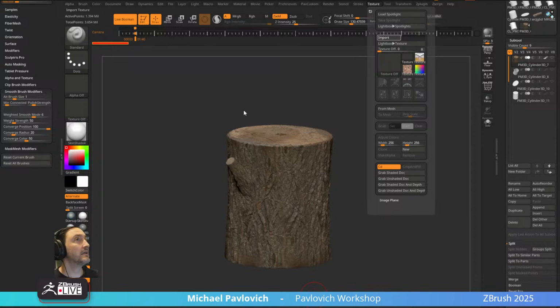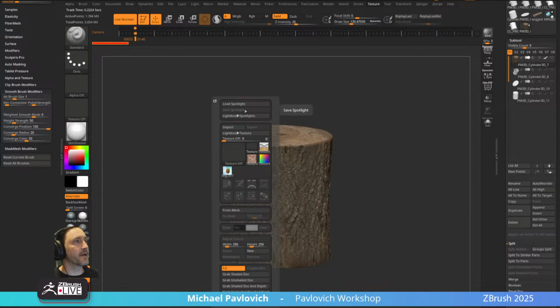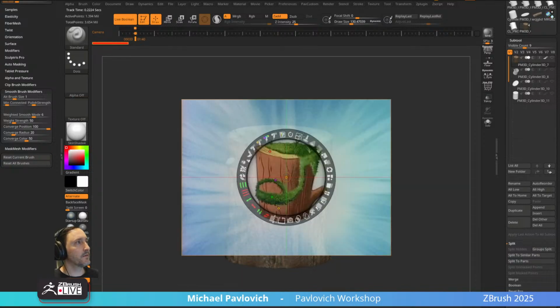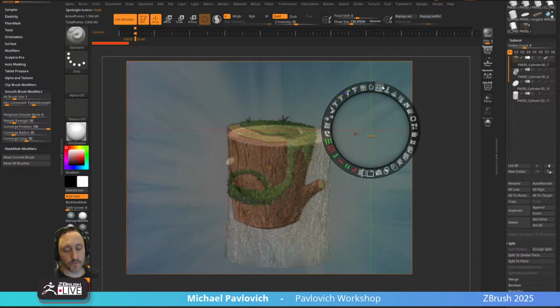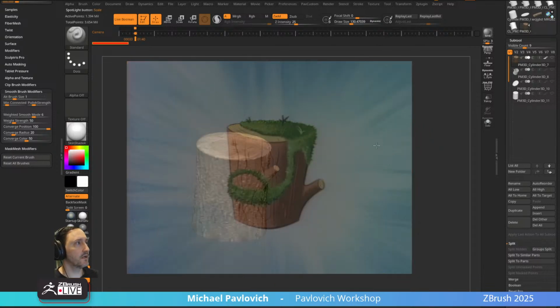Oh, I forgot I'm on this computer. The hard drive sucks. There we go. Add it here, and we'll scale this up, and we'll turn this down, and we're going to rotate this around. And now this one is lower, so we'd have to make a new log for this. But now you know how to make logs. If you want to, we can turn on perspective, and we can kind of fit this here, and then now we can start thinking about